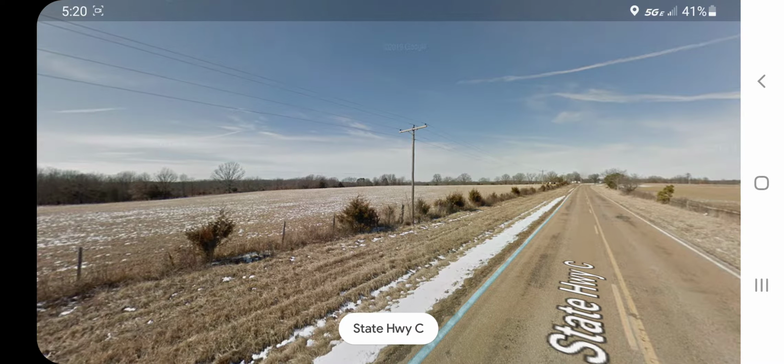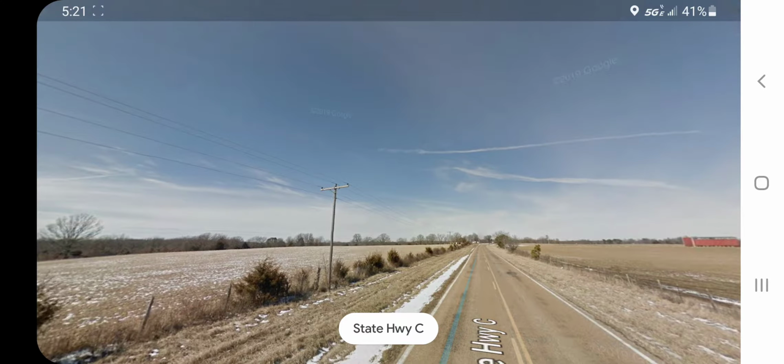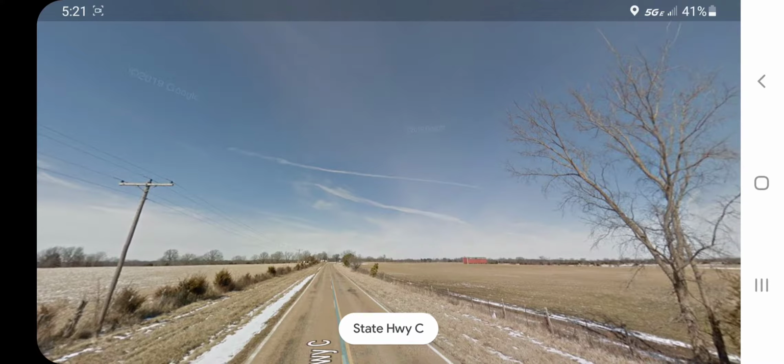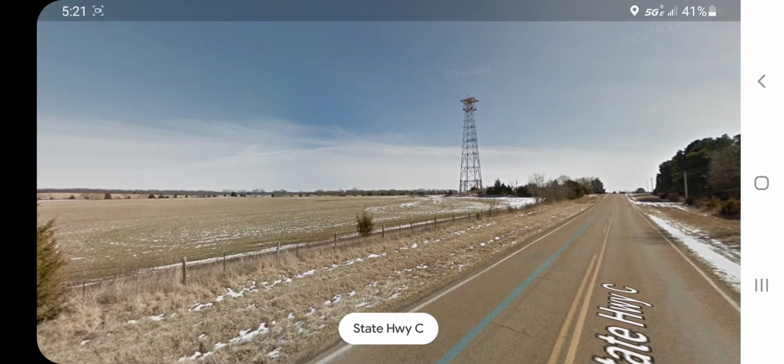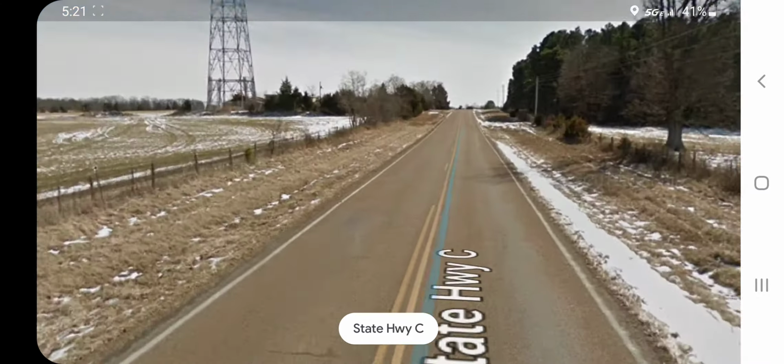Here's the first one, and probably the first ever long lines tower I've ever seen, after my tiny baby toddler years. This is a point in my life where I can actually start remembering stuff. Back then, it would be kind of rare for me and my family to take Highway O and C, as you can see right here,